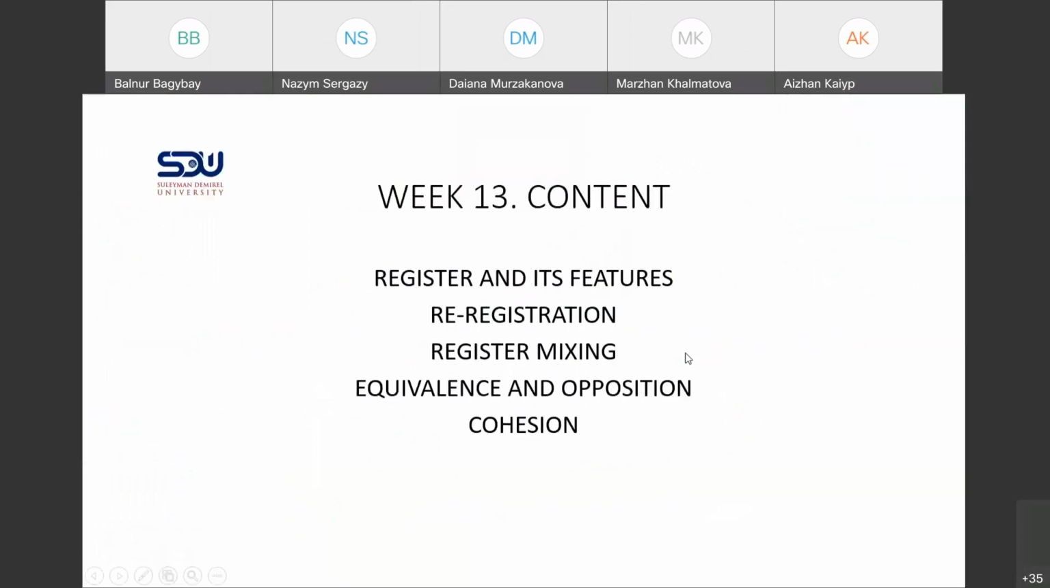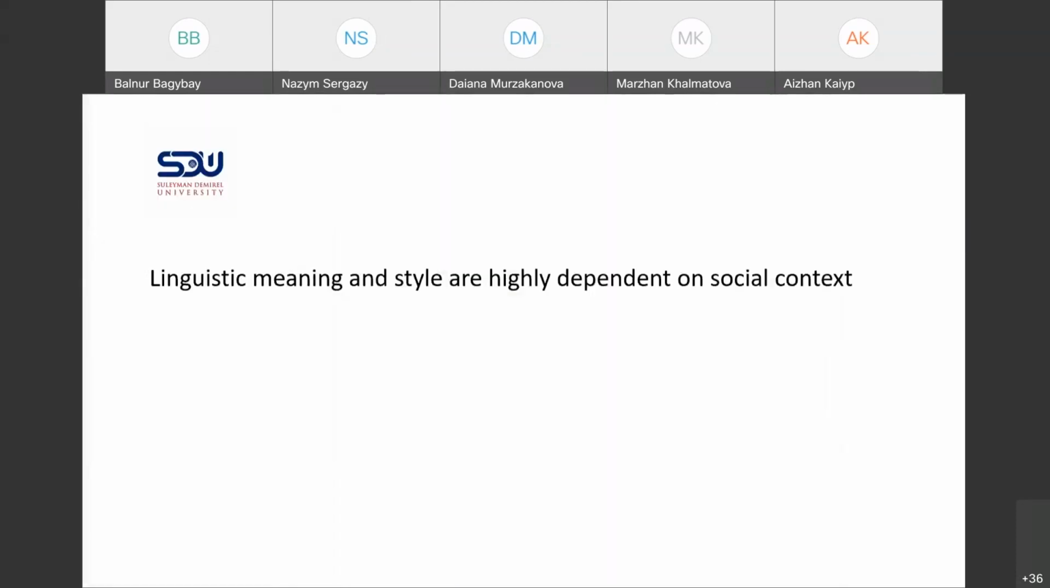So today we will consider register and its features, as well as we will have a look at terms such as fair registration or register mixing in our everyday speech also. As well as we will have a look at the syntactic notions of equivalence and opposition. And in the very end, we will discuss the notion of cohesion. So, as you may know, we have